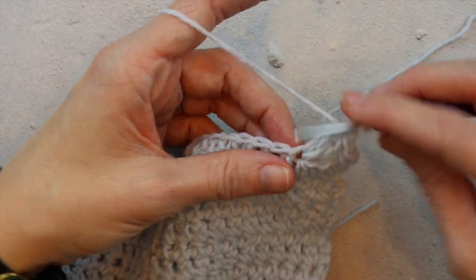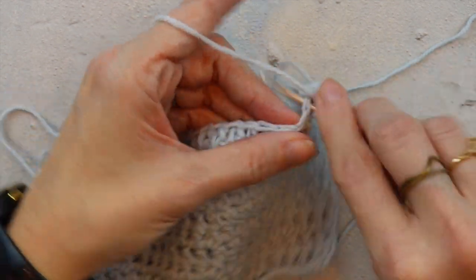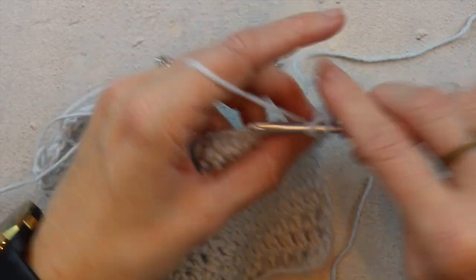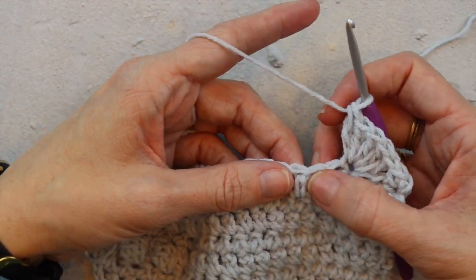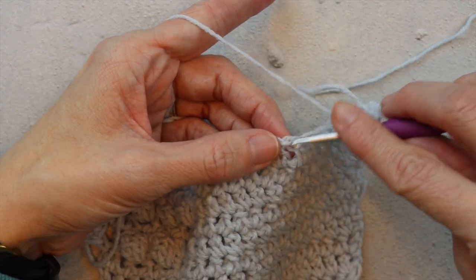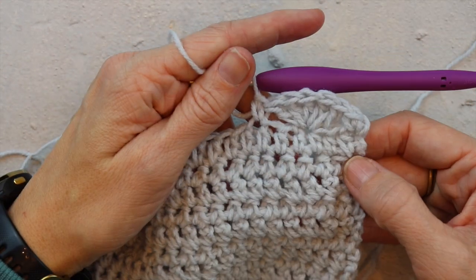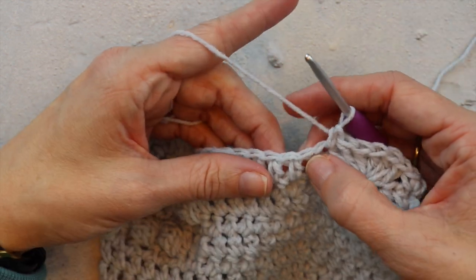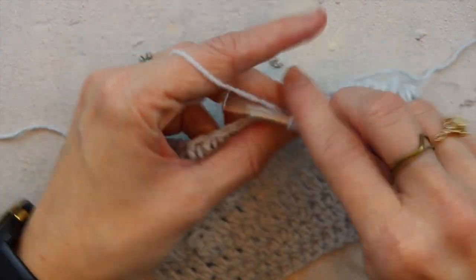1, 2, 3, 4, and 5. Then skip 2, 1, 2, working into this stitch right here, single crochet 1. There's our first shell stitch made. So now we're going to skip 2, work 5 double crochets into this stitch,